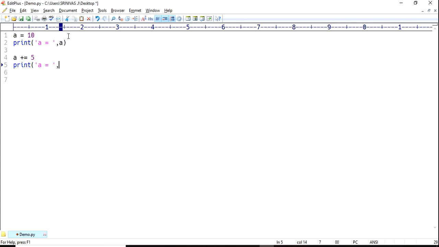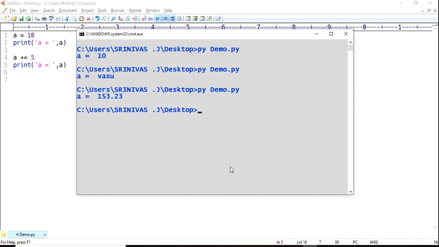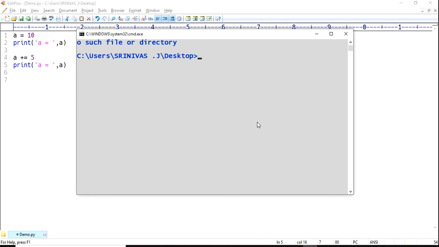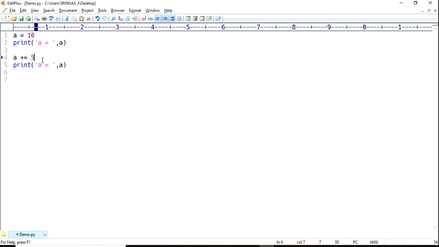Save it, Ctrl S, open cmd, py demo.py, run the file. Okay, spelling mistake, fine. Demo dot py. Now a is nothing but 10. Internally the representation is a equals to a plus 5.